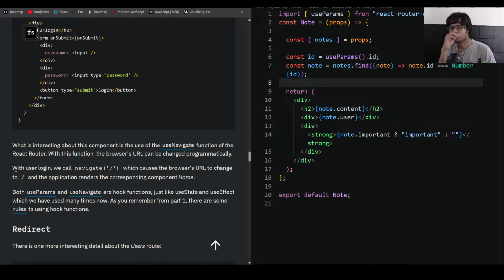Okay, got it. With user login, we navigate to this, which causes the browser's URL to change to this, and the application renders the corresponding home component. Both useParams and useNavigate are hook functions, just like useState and useEffect. We have used many times, as you remember from part 1. The rest of the rules. Okay,